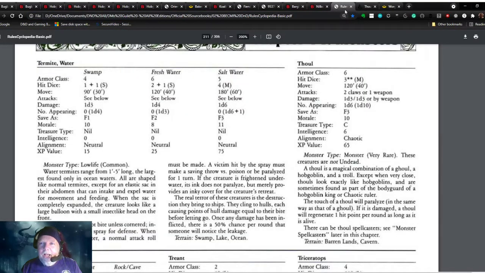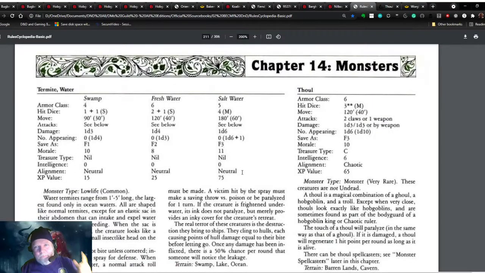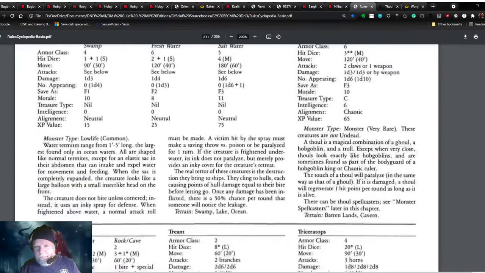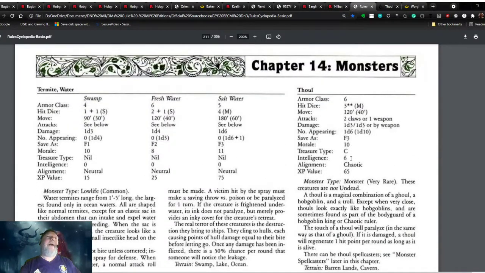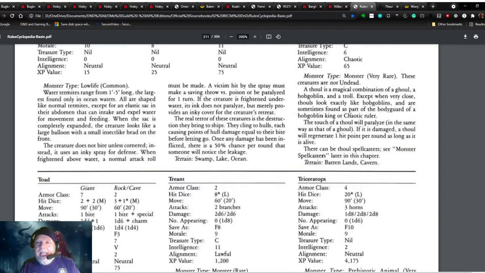All right, then we have one of my favorites. We have the Thule, and you have to go all the way back to original D&D to find references to the Thule. This is a 3-hit dice monster with armor class of 6, and it says, the first line, it says,